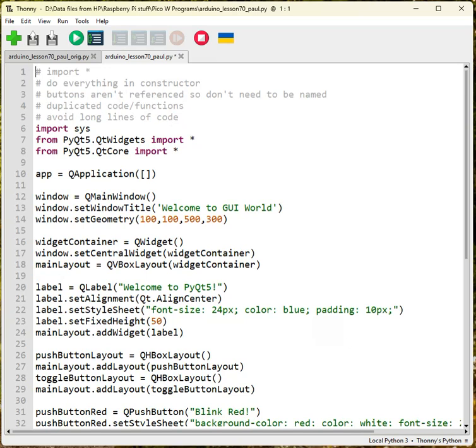Now, what's the next thing I want to do? I want to get rid of the imports. No, not the imports. I want to get rid of the import stars. So, if you look through the program and you see what you've used, then it's much easier if you put them here. So if you go from import qt5 and you get rid of the star and you put a bracket,